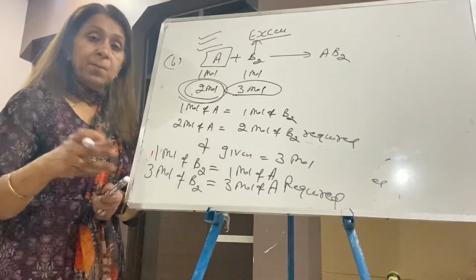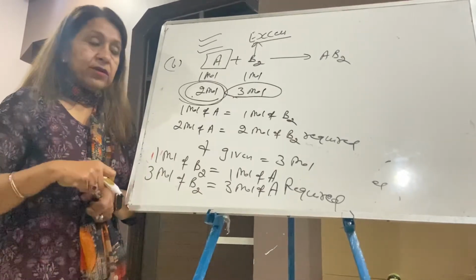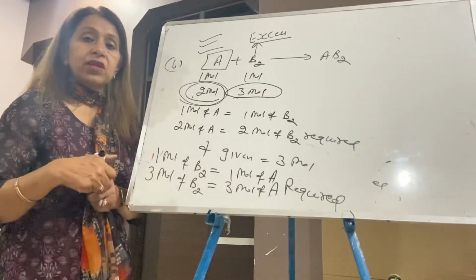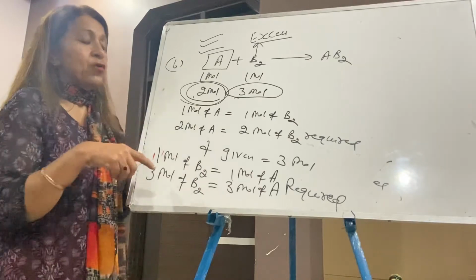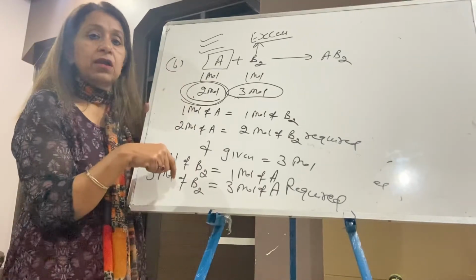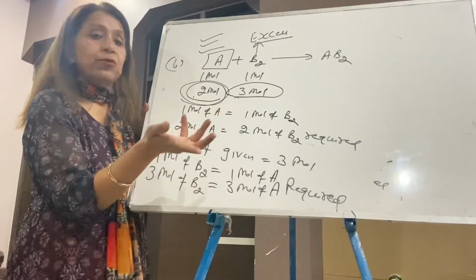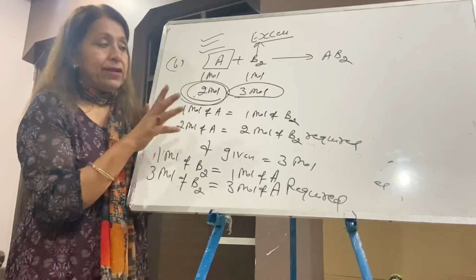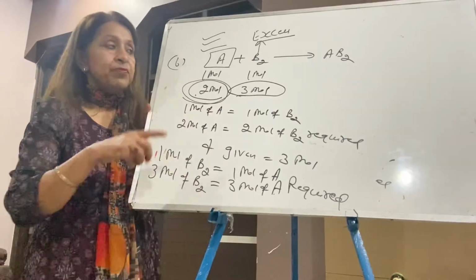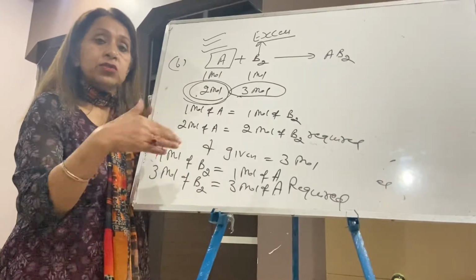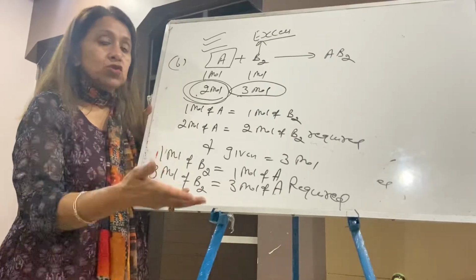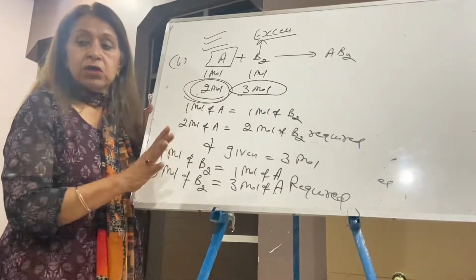In this way we have completed this topic, limiting reactant. This is the numerical which is given in NCERT. My request to all of you is to solve this numerical. Only then will you come to know how to calculate the limiting reactant. It is a very important topic. It will be useful in the next topic that we will take tomorrow. Now this is all about limiting reactant.